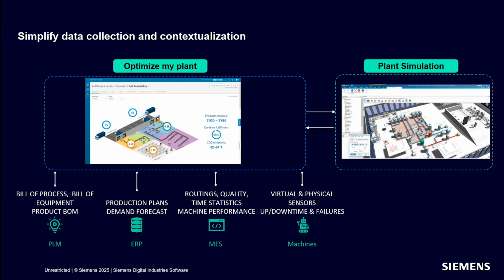So whether data comes in from different PLM systems, bill of processes, bill of equipment, or data coming from ERP to inject the demand forecast and the production plans, as well as data that reflects, for example, the actual MTTR and the actual maintenance patterns, all this data can help you make the data collection seamless